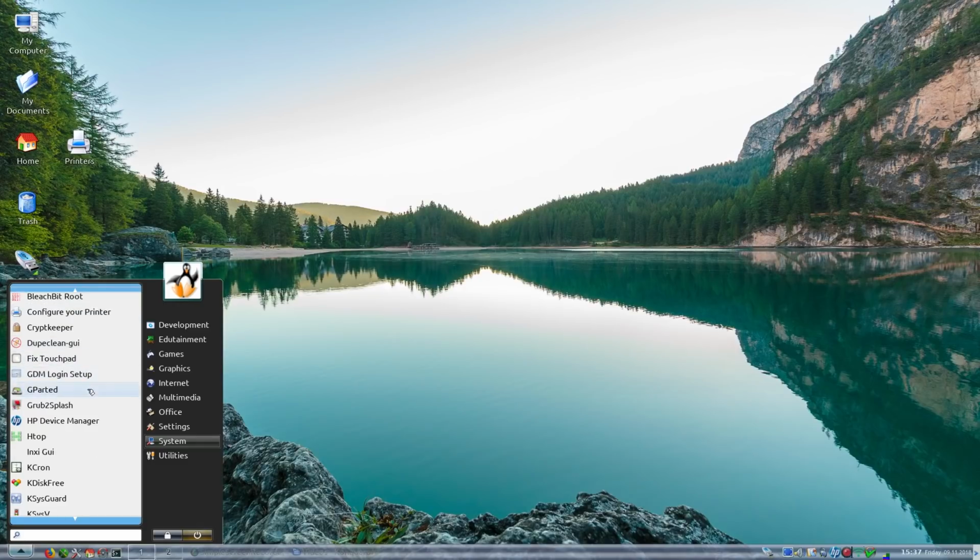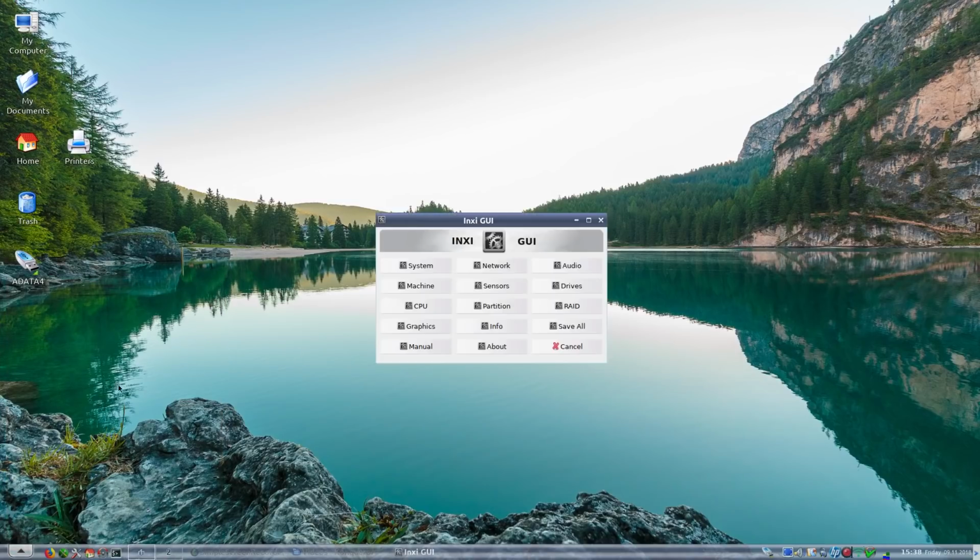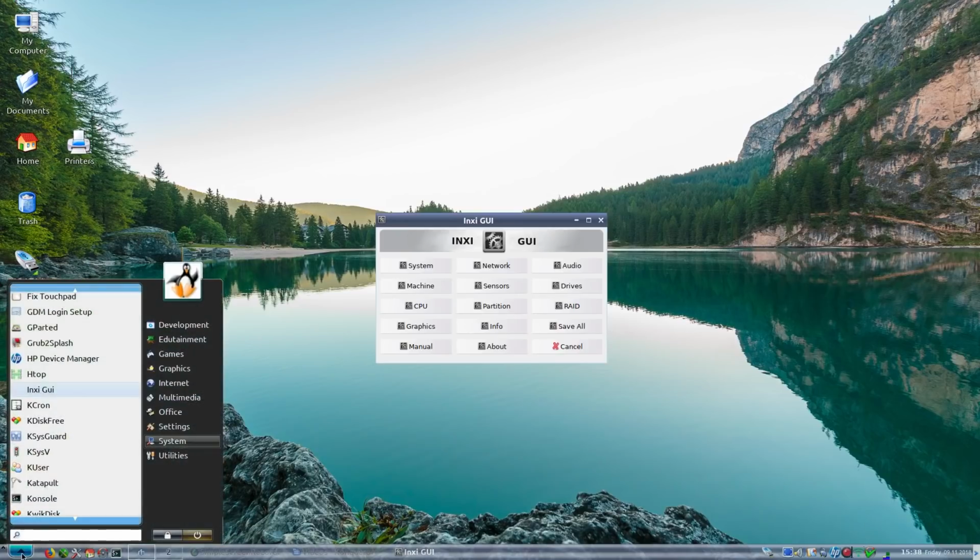Fix touchpad, login manager, login setup again, GParted, GRUB2 splash, HP device manager, htop, inxi for your system info. So you can gather your system info from there. Kcron, KDiskFree, KSysGuard,